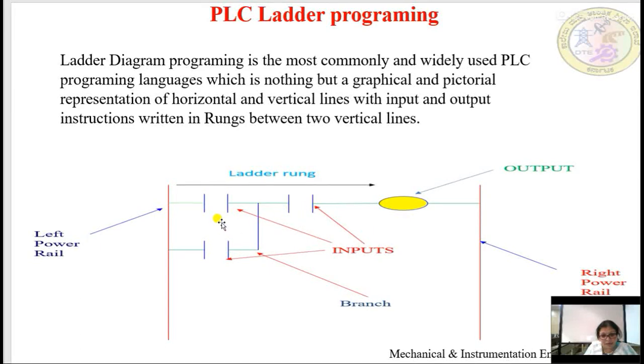So these are the inputs. Whatever is highlighted in blue color is called the inputs, and the one which is highlighted in yellow color is called the output. These blue ones may be inputs, may be any push button switches, and this output may be any LED lamp or motor, fans, any end device which we need to control by operating these inputs with some particular logic. And any branch which is connecting the second rung to the first rung is called a branch.